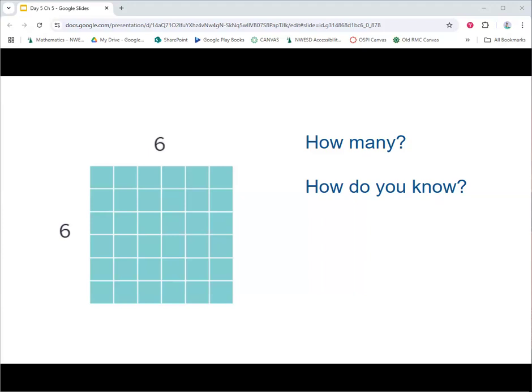Right? 36. How do you know it's 36? What is the strategy? And the book actually calls this out. So I'm going to give you a minute to think, see if you read it, and then I'll answer the question. What was the strategy the book called out? It's called near squares. Well, our kids need to know that square multiplication, the 6 times 6, 5 times 5,